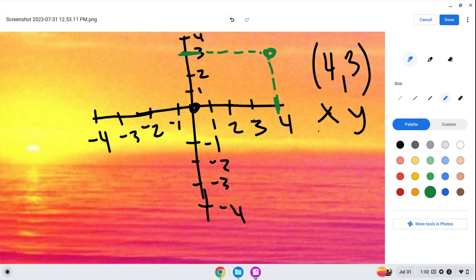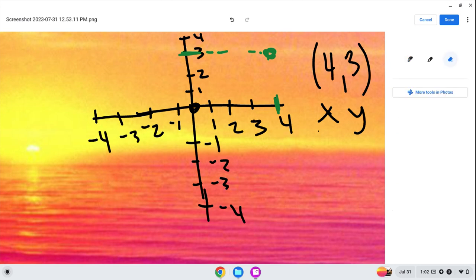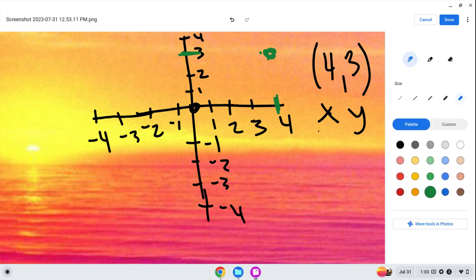And right about here. But, of course, you don't want to have that line on your paper because you really don't need the line. You should just be able to think in your head, okay, well, you go 4 to the left and you go up 1, 2, 3, so it should be right there. And you don't really need to draw the lines. Okay, now what if